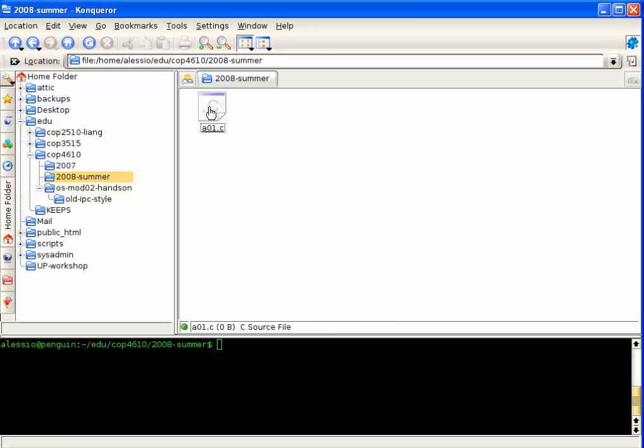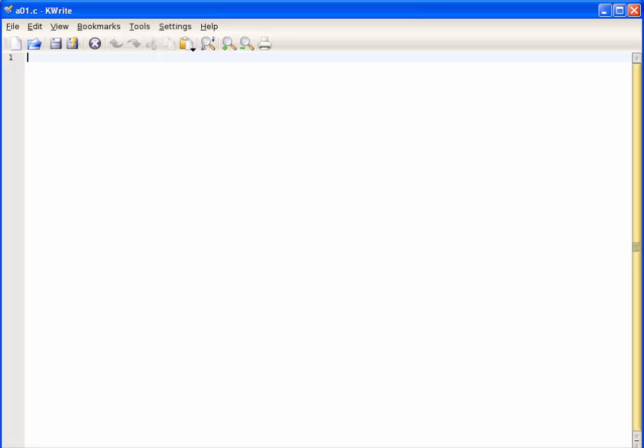In your Konqueror window, you're going to create a file a01.c. I have it already open, so let me go and fetch it. And we are going to implement the code to fulfill the requirement that we just went over. So what do we need to include first? Well, #include